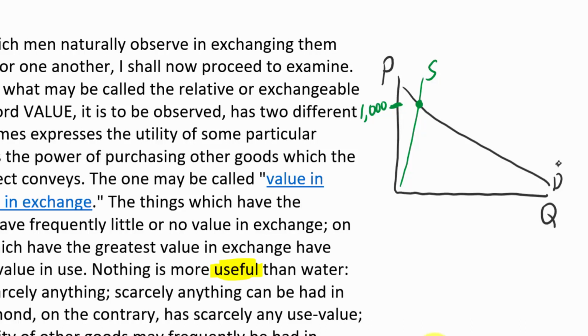For water, the supply of water is very high. So since water is more plentiful, the market price is going to be a lot lower. And because we're going to consume a lot more water than we are diamonds, the marginal utility that we get for water, for the last bit of water we use, is not going to be very high. But the total utility, the total happiness or satisfaction that water gives us is going to be a lot bigger than the total happiness or satisfaction we get from the diamonds that we usually have.